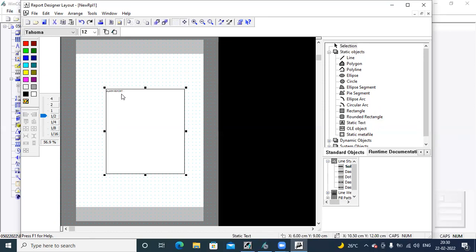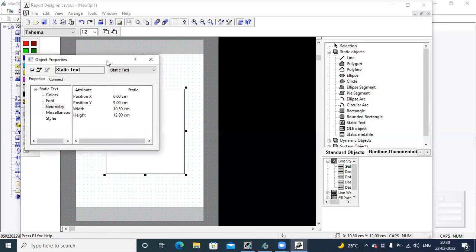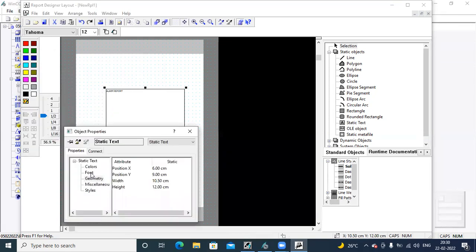Now, right click on this static text window, properties. Here you can change the text size, font, font size, like if you want it bold, you can take it bold.